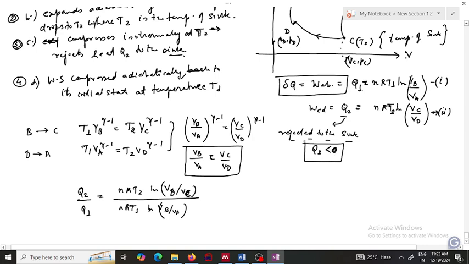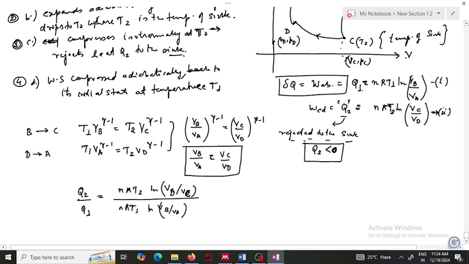Since I know that VB by VA, when heat is rejected to the sink, so basically, if I am writing this particular expression, the work done in an isothermal process, I know the work done in an isothermal process is what? It equals nRT ln of V final upon V initial, right? But I had accounted for negative heat already by writing VC by VD. If you understand what I am trying to say, if I am talking of the work done in an isothermal process, it is nRT ln of V final upon V initial, but I already wrote VC by VD. Why did I write VC by VD? Because it gives me